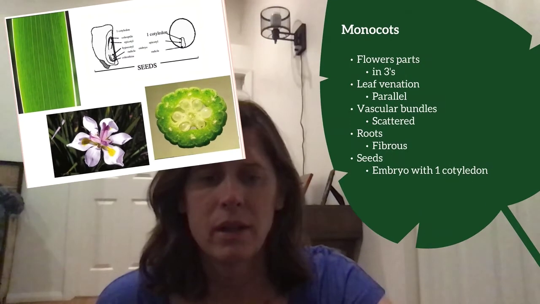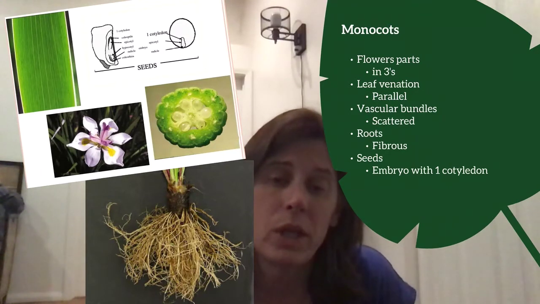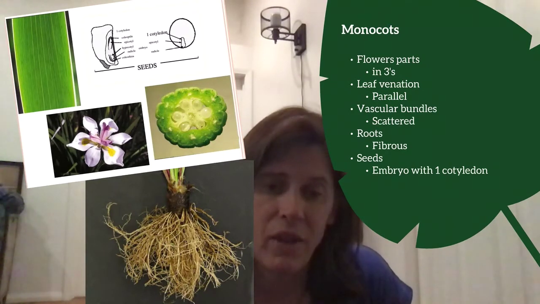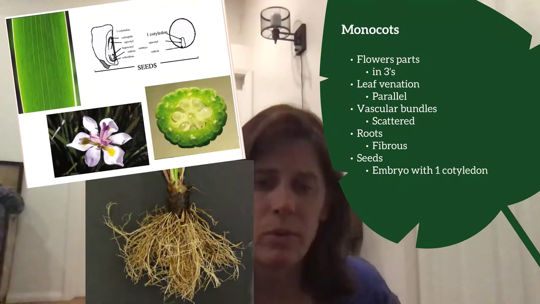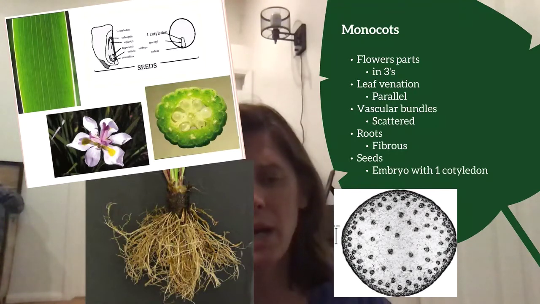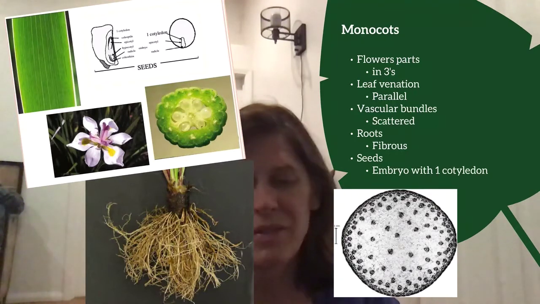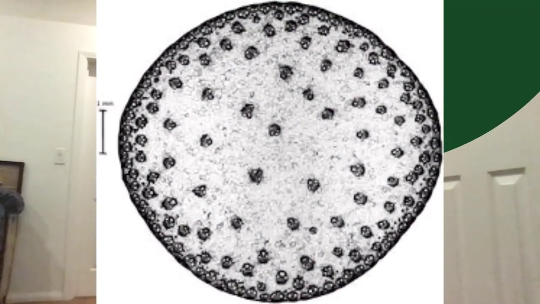Another characteristic of monocots is when you look at their roots, they're very fibrous. They have very scattered branched roots that penetrate into the soil. So they're fibrous roots. And then when you cut through the stem of a monocot, the arrangement of the xylem and the phloem is scattered. Okay, and so that's what we see in this picture here. You see all of those little circles inside of there. Those are the cross section of the vessel elements and the sieve tube cells, and they're just kind of scattered